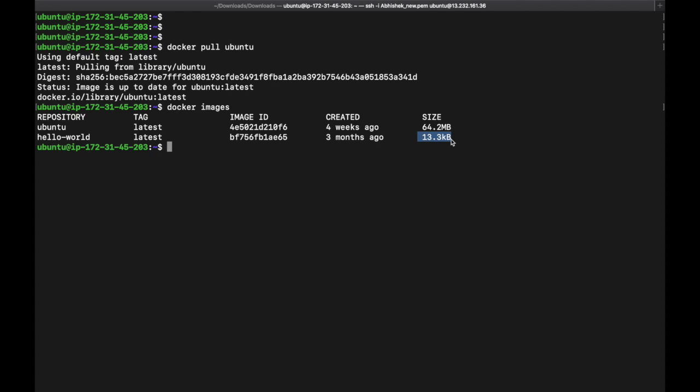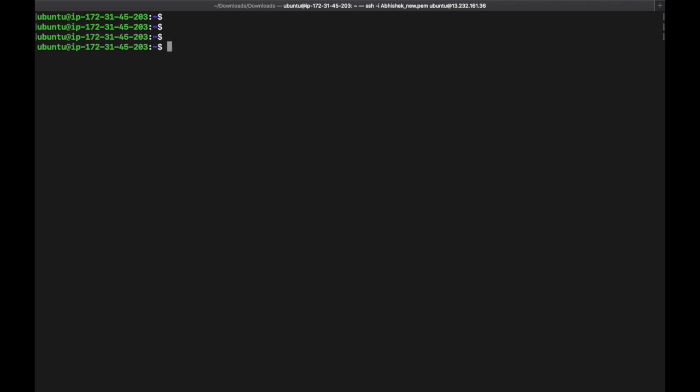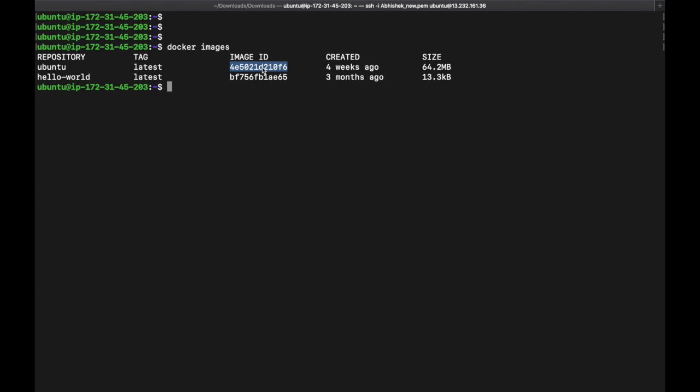So the next command is docker inspect. Let's clear out this one. This command is used to give the detailed information of a particular image or container. So let's try this command. First check the images. We require the ID, so just copy it here and execute the command.